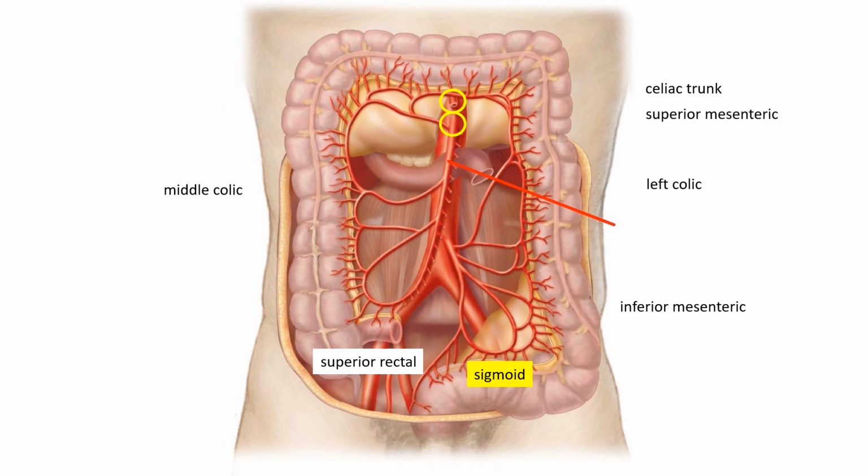Then, just a centimeter or two inferior to the celiac trunk, another anterior single artery emerges, and this is the superior mesenteric artery. This is an artery that has a wide distribution. As it comes down the right iliac fossa, it is going to give several branches to the small intestine called ileal branches, and then it starts supplying the right side of the colon, and this is the